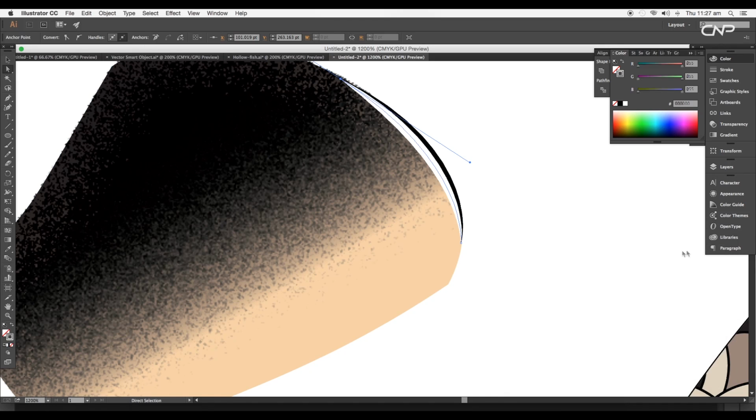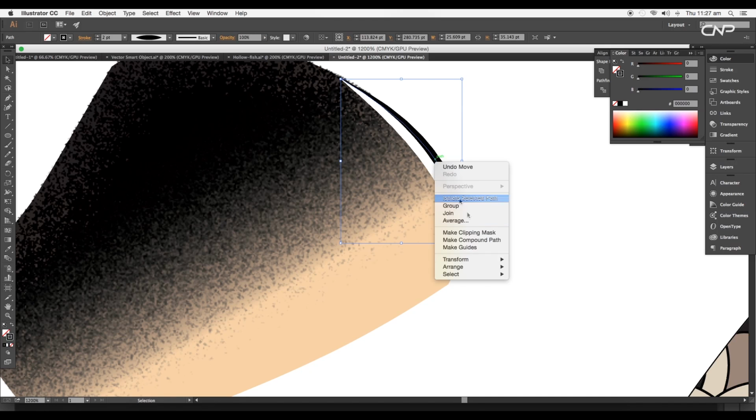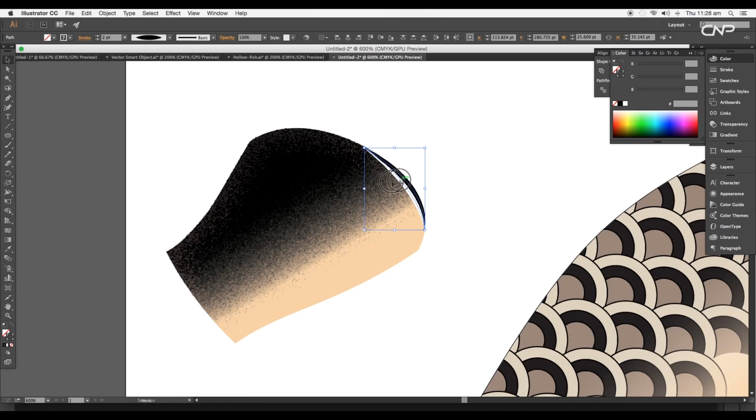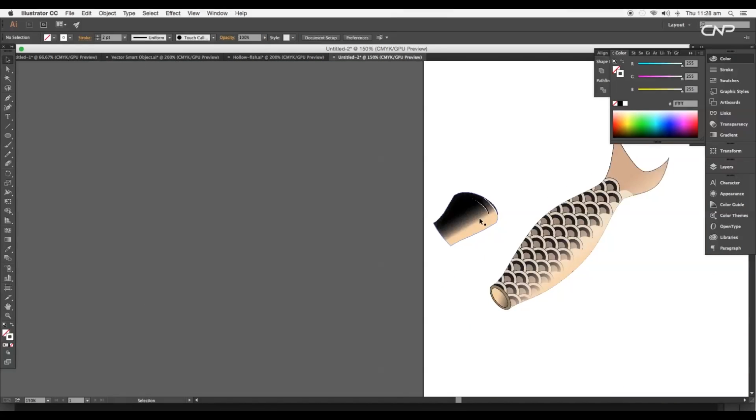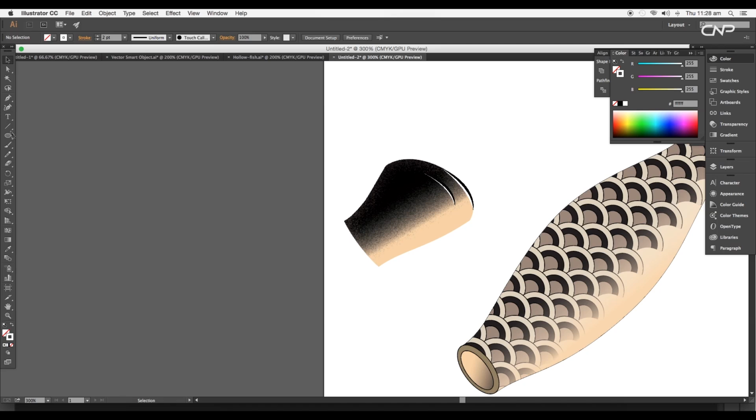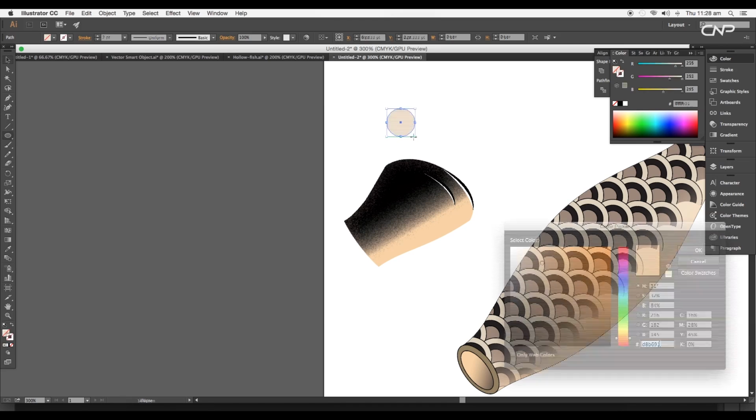Change the stroke color to white and arrange the black stroke to front. We'll create one more duplicate of these curves and do some slight adjustments to give a different look. Now we'll create the eye using the ellipse tool. Draw out a circle and apply